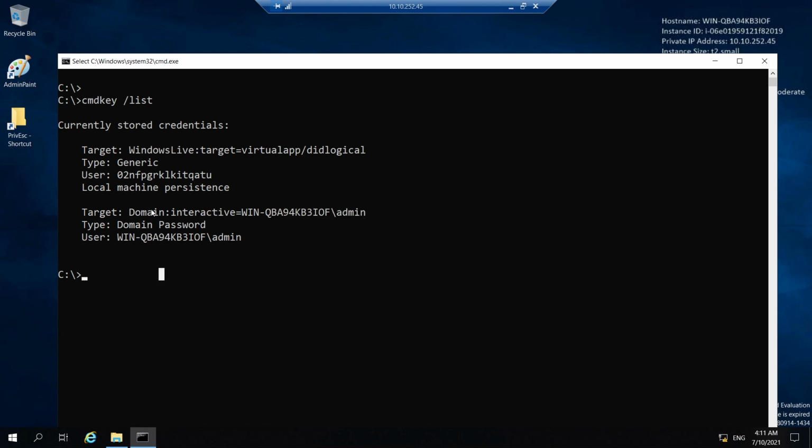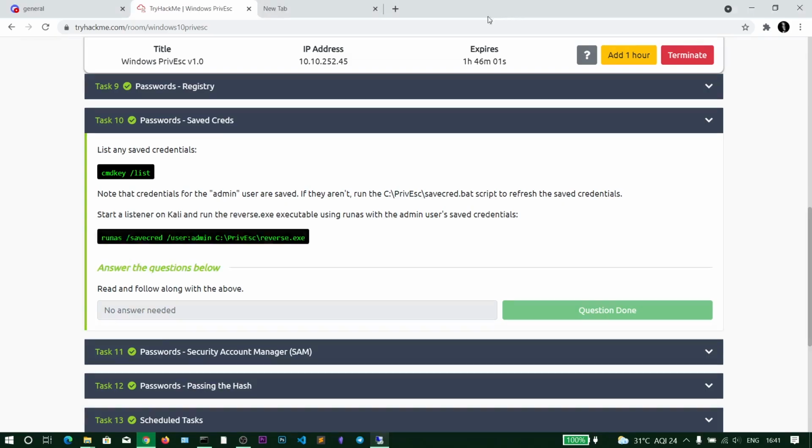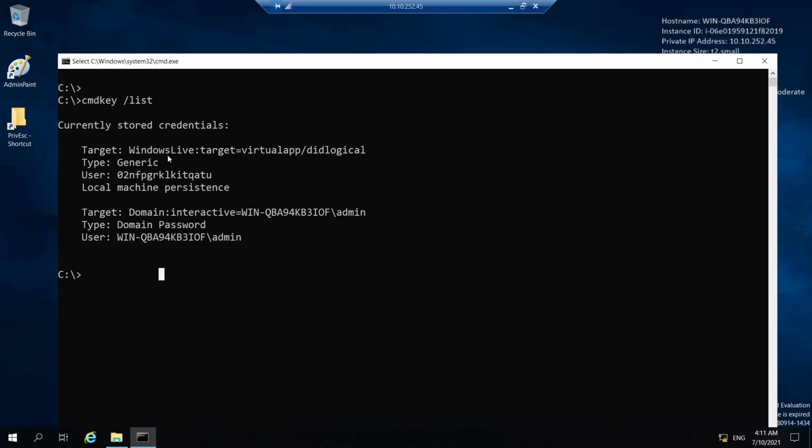So we can directly use this with the runas command. The runas command is used to run certain commands as another user, the same as the su command in Linux.